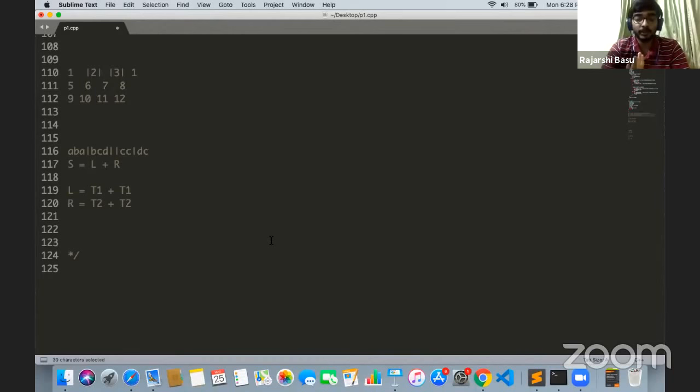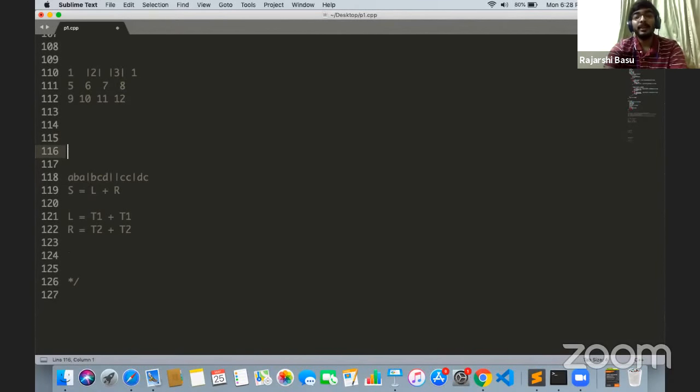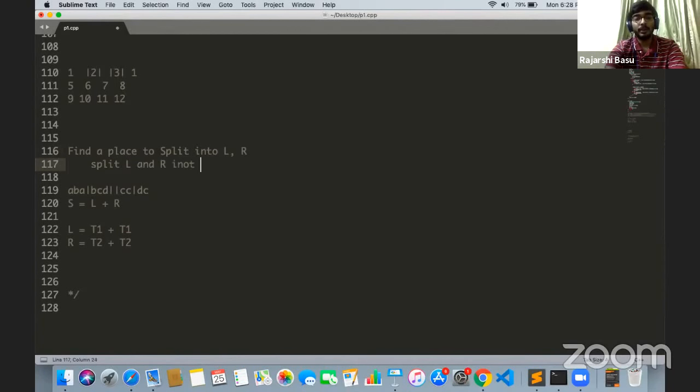So what is the benefit of hashing? We can check whether two substrings are equivalent or not in constant time. I'll not go over hashing in detail, but refer to the link that I gave. It just checks whether two substrings are equivalent or not in constant time. So what is the algorithm after that? It's just find a place to split into L and R, and then split L and R into equal halves,